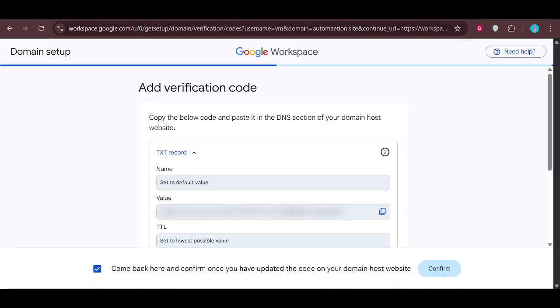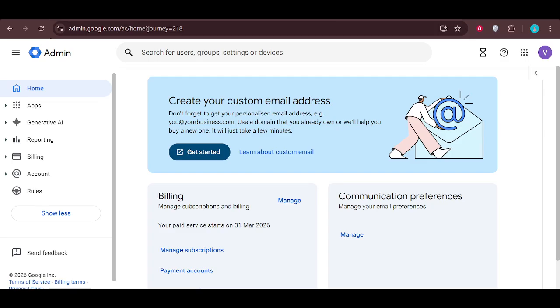In this video, you'll learn how to verify your domain in Google Workspace. Verifying your domain is an important step because it proves that you own the domain and allows Google services like Gmail, Calendar, and Drive to work properly with your custom email address. If this step isn't completed, you may not be able to fully use Google Workspace with your domain, so let's